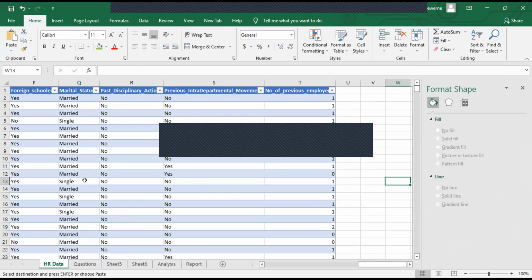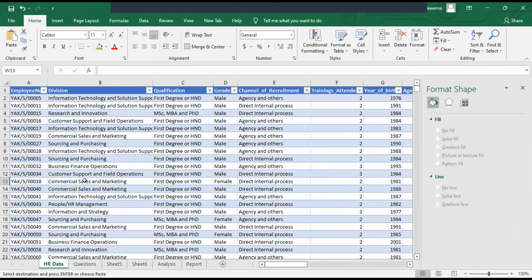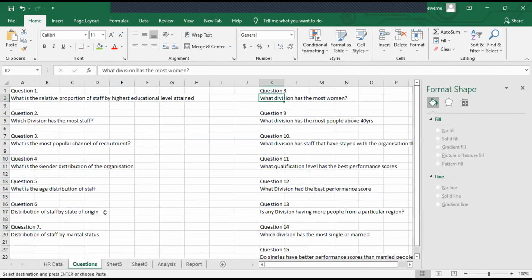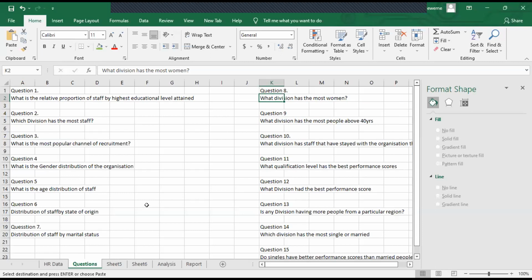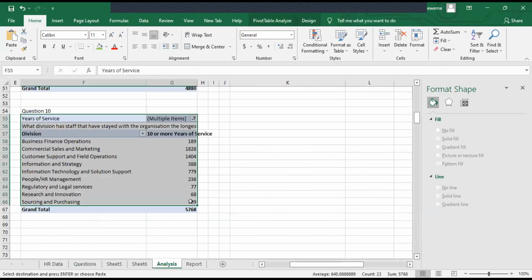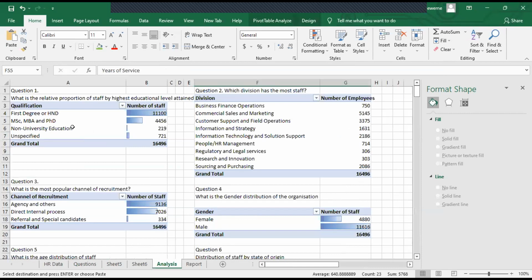So I used the HR data sets, and I think I didn't finish because I spent so much time over-rationalizing the thing. I first created a sheet to start asking questions. He was saying that we should try to determine what we want from the data, what we want to find. So I began to think of questions. I brought up 15 questions I wanted the data to tell me. Then I went to the analysis sheet and started doing the whole regular stuff.